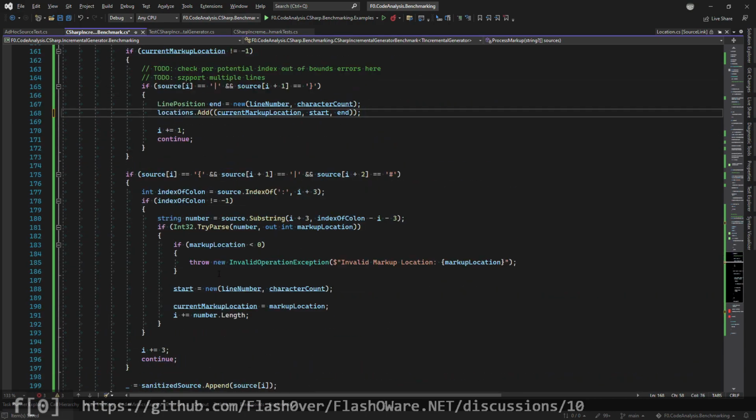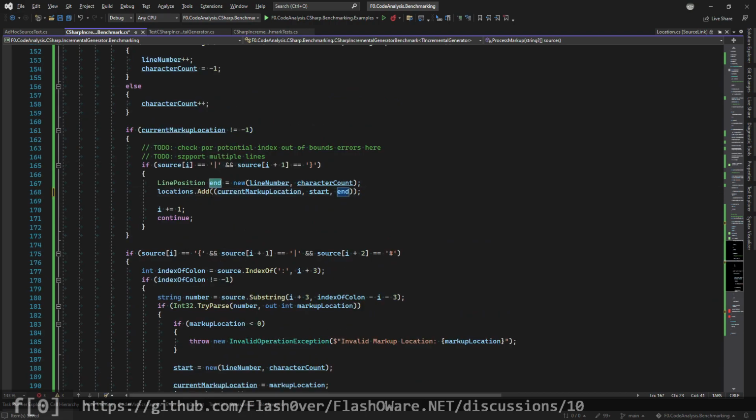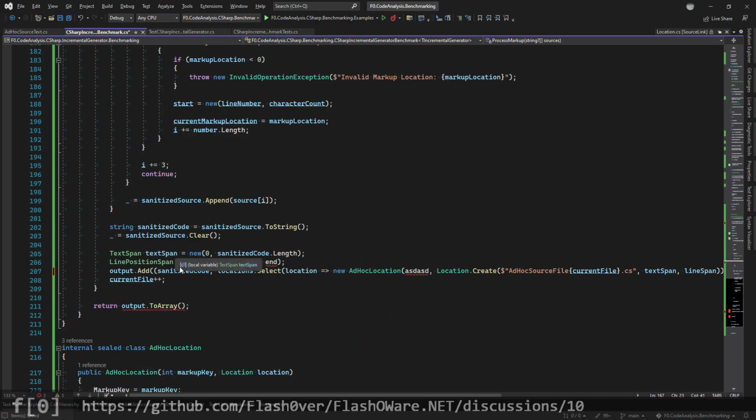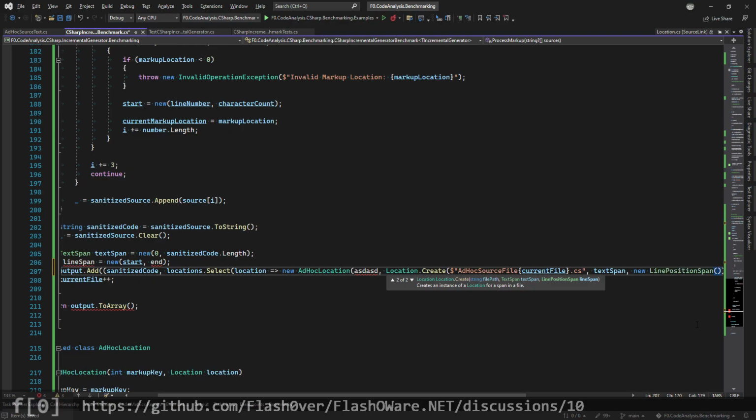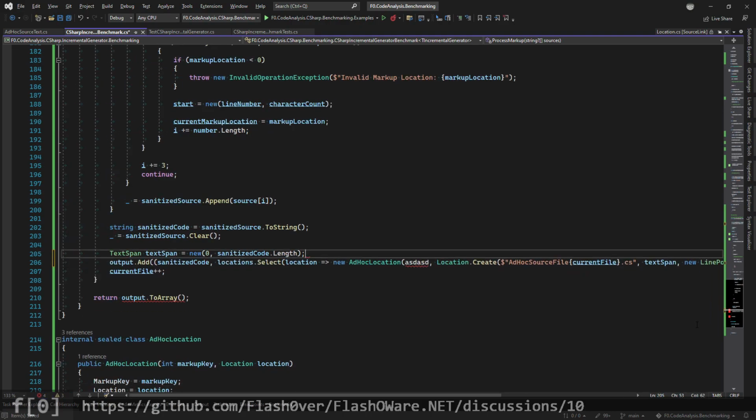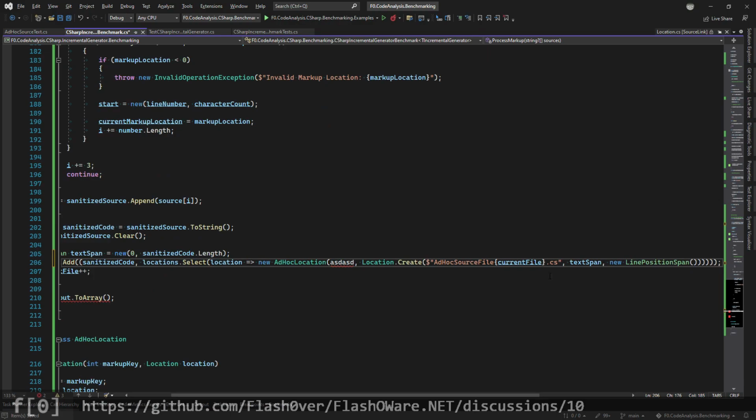And that's our end. Then we have a lot of ends and starts. So for each location, we need a new line span that we get from the location. So we have location.markupKey, markup location, and